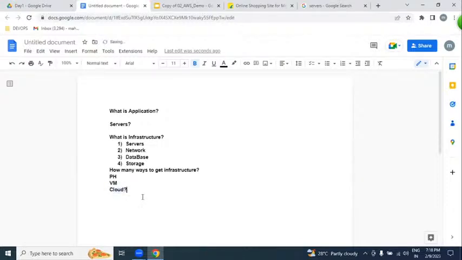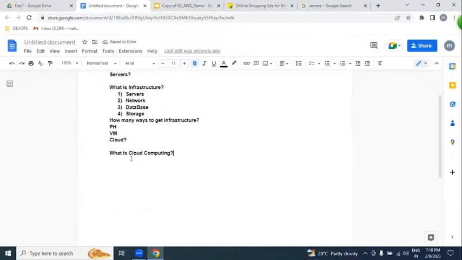But what is cloud computing? What is the meaning of compute, please?